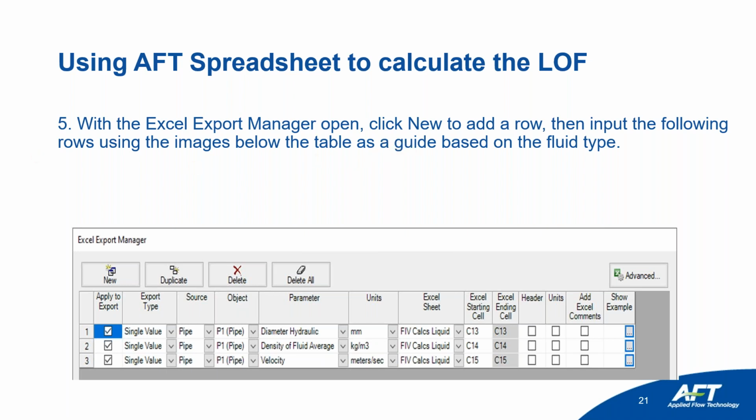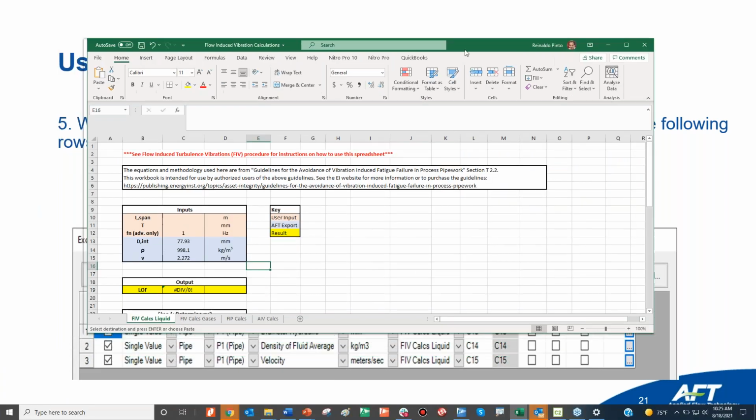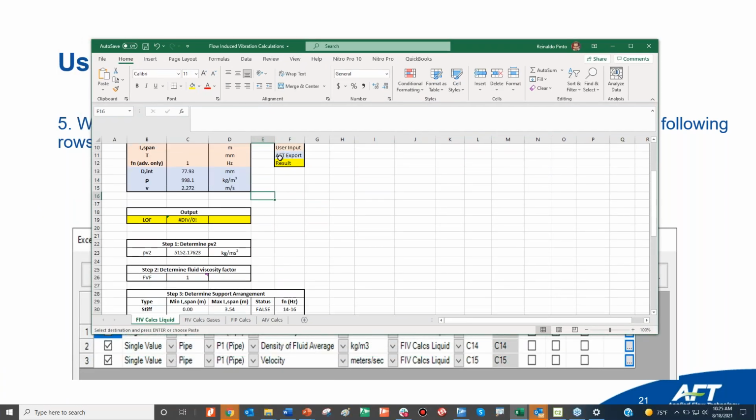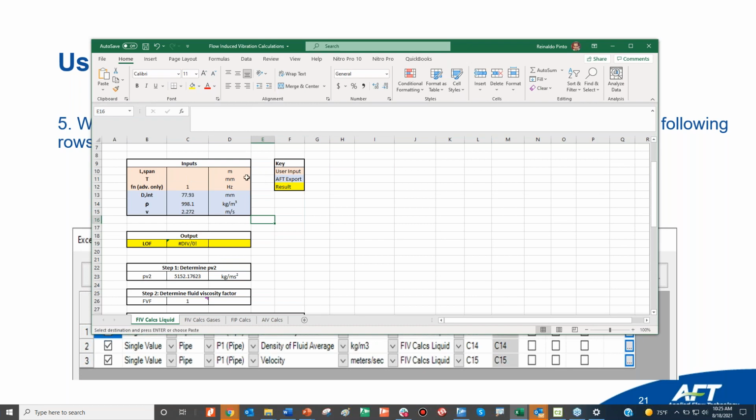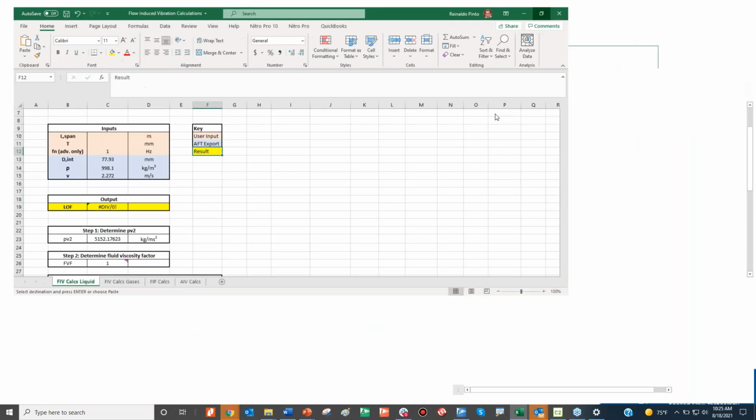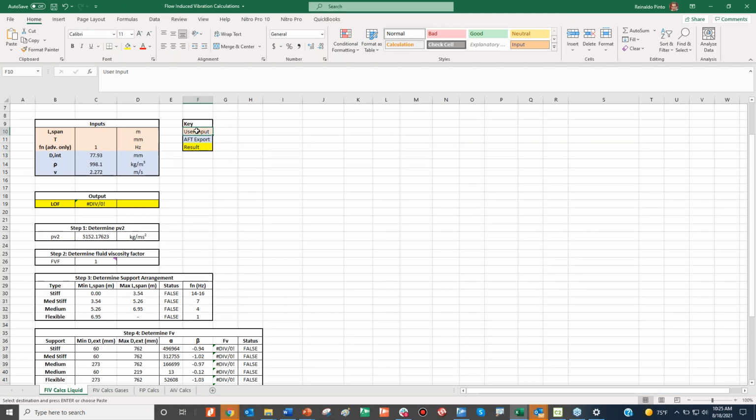I'll bring the spreadsheet again. And the spreadsheet tells you in colors the user input, the export input, and the results input. So some information you will have to input, some will need to be exported.